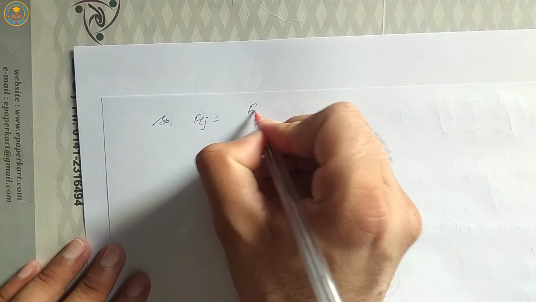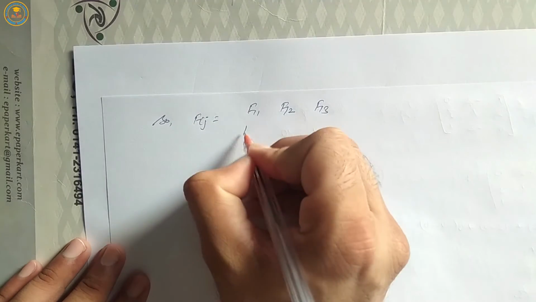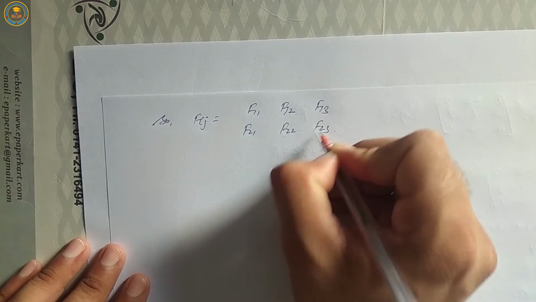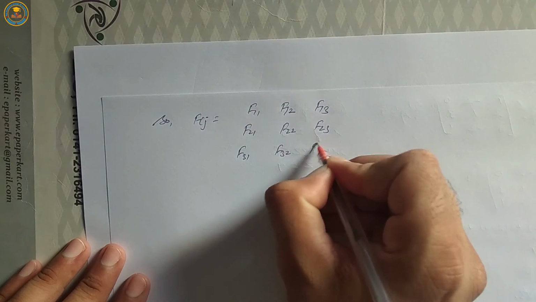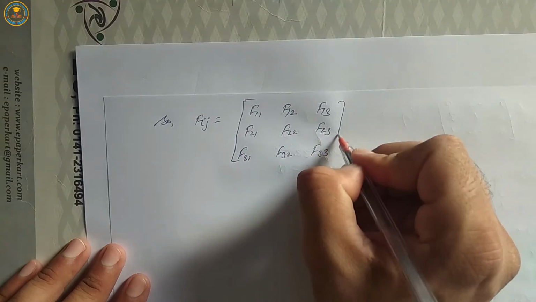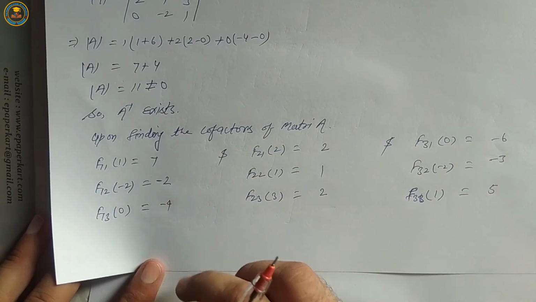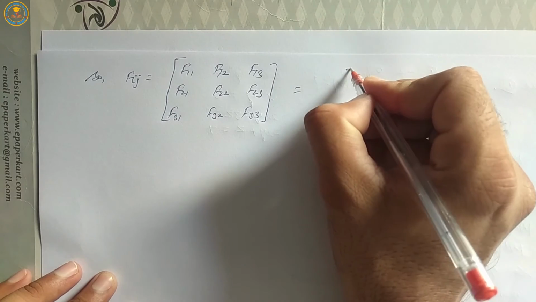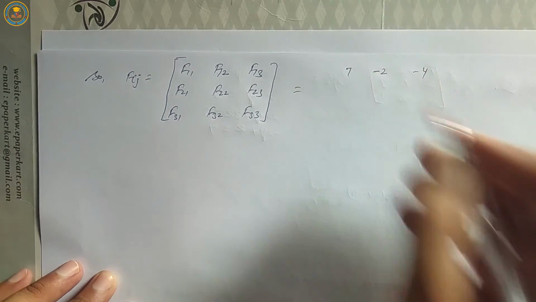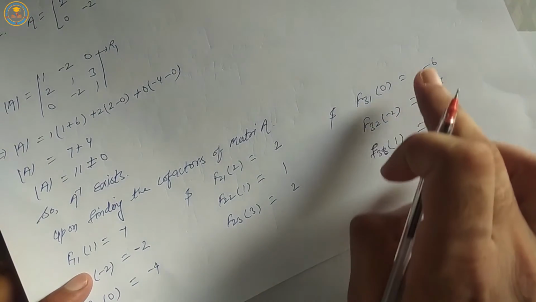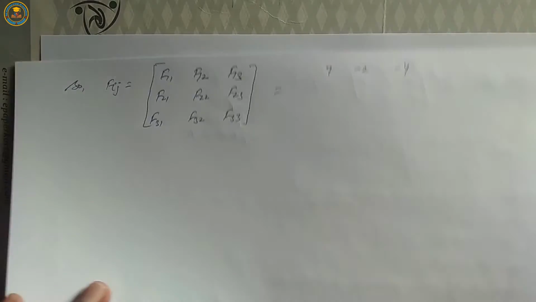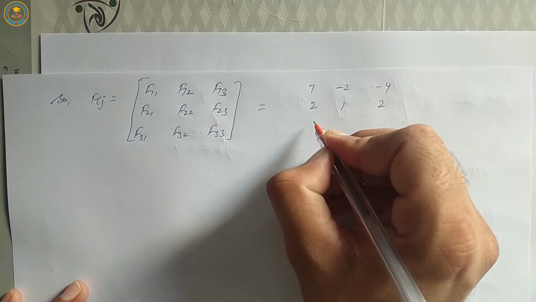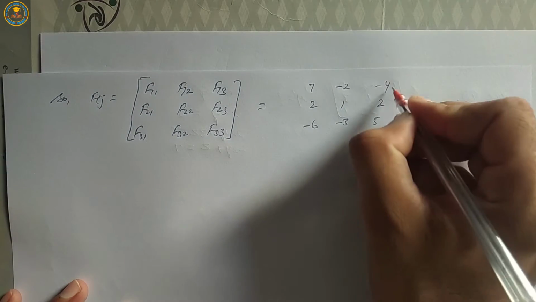Fij is equal to the matrix F11 F12 F13, F21 F22 F23, F31 F32 F33, which is equal to 7, minus 2, minus 4, 2, 1, 2, minus 6, minus 3, 5. Okay,